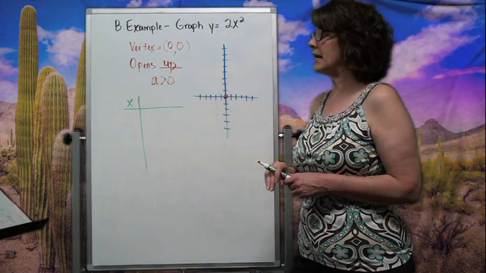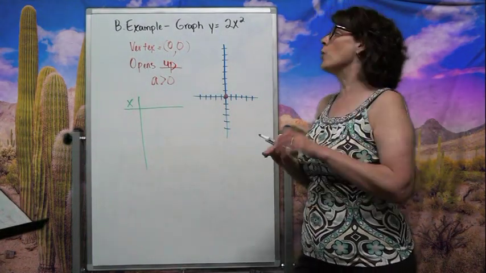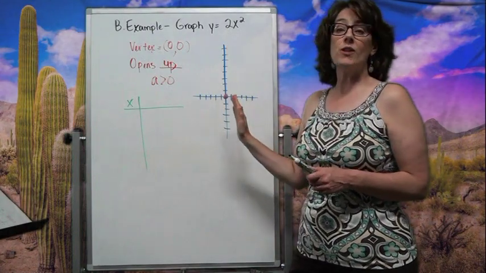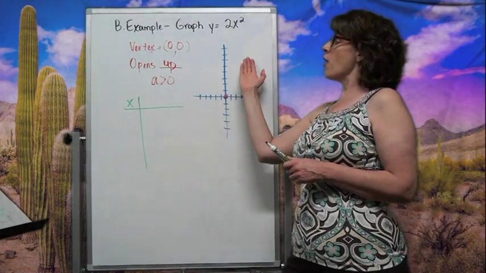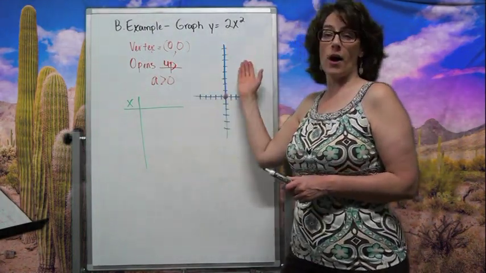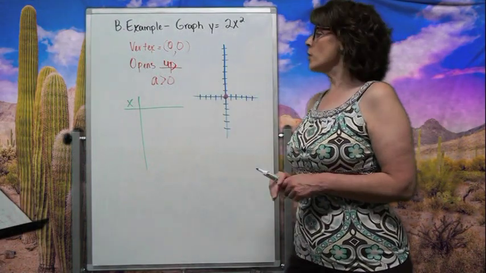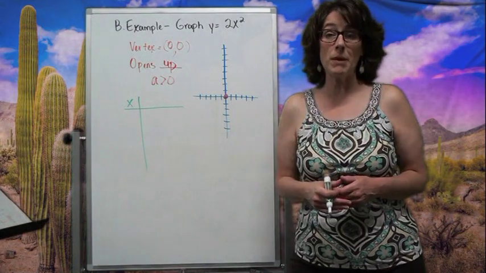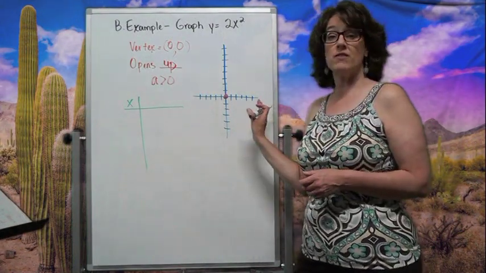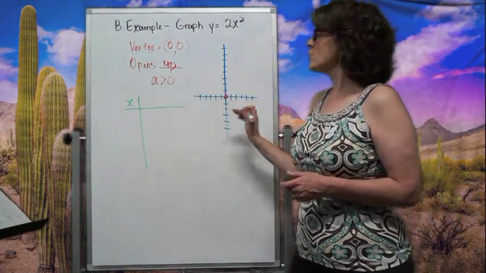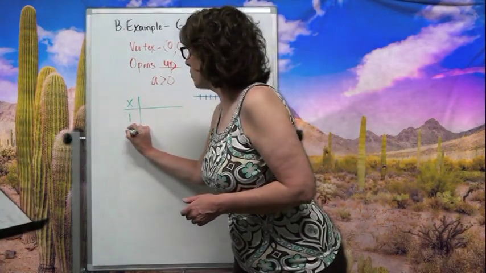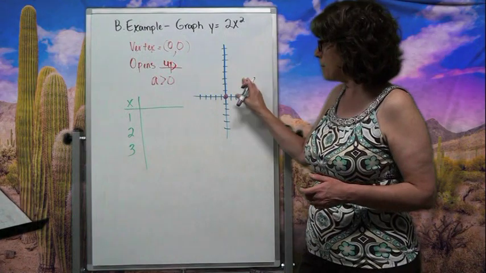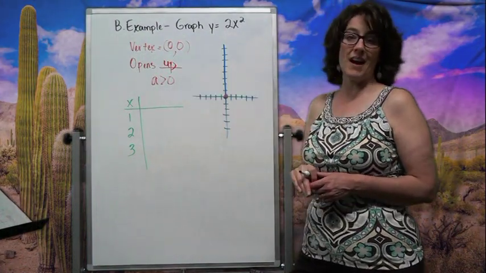the 2D coordinate plane. However, because I know that I've got symmetry on this thing with respect to the y-axis, I only need to get one half, and then I'll fold it across the y-axis to get the other half. So I don't really have to get all these negatives and all these positives. As a matter of fact, I'm going to make my life easy. I'm going to pick positive numbers because they're easier to work with. So I'm going to pick, say, for instance, a positive 1, a positive 2, and even a positive 3. That will be enough to see what's happening over here, and I'll flip it across the y-axis to get the